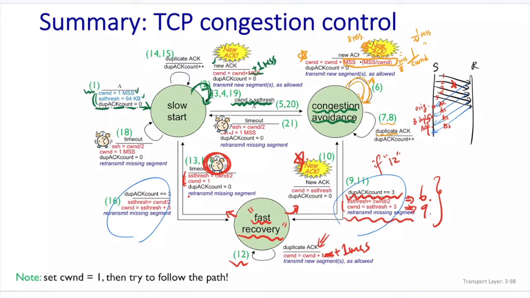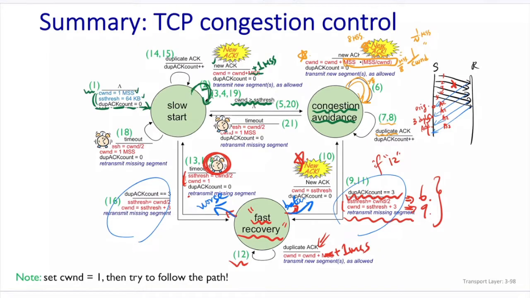At any moment, at slow start and congestion avoidance, if you count 3 duplicate ACKs, no matter whether you are at slow start or at congestion avoidance, you simply go to fast recovery to monitor the current state. Okay, it is getting better